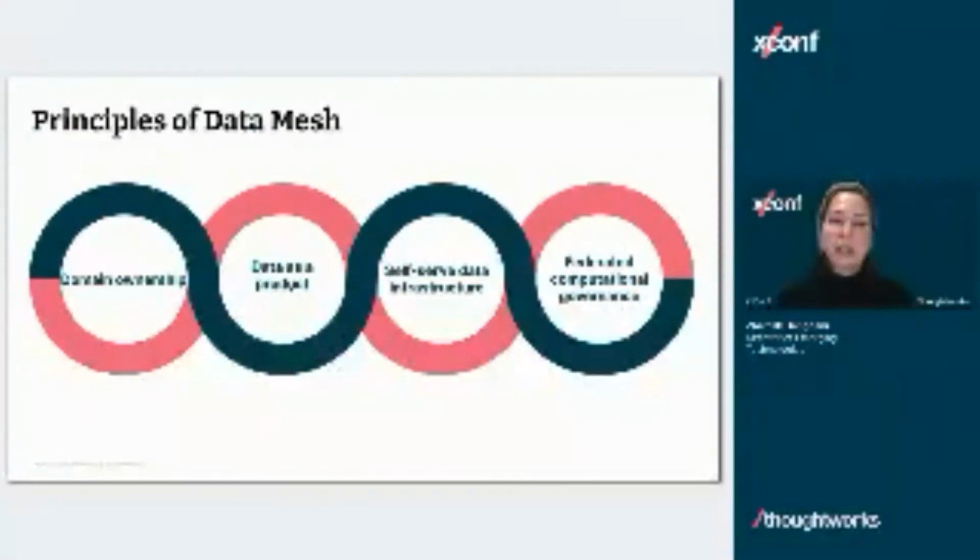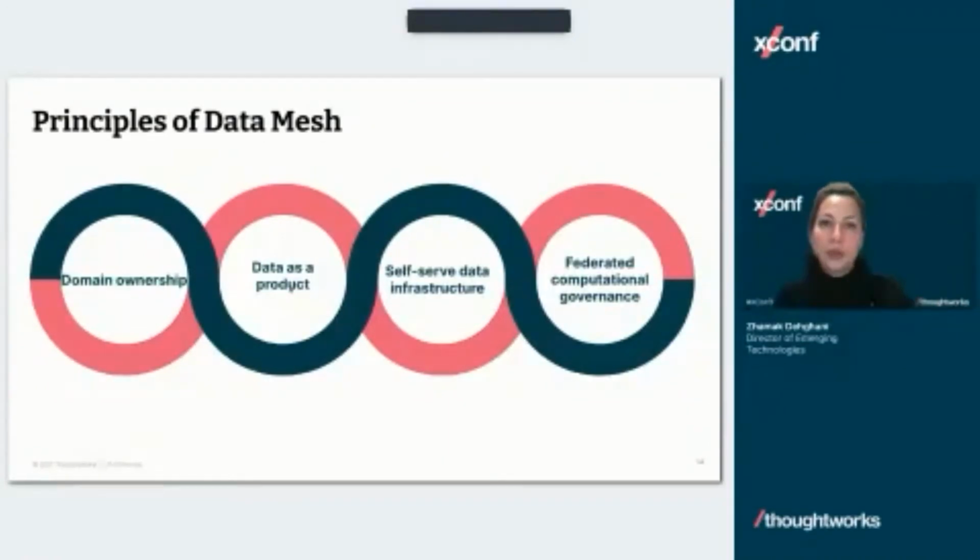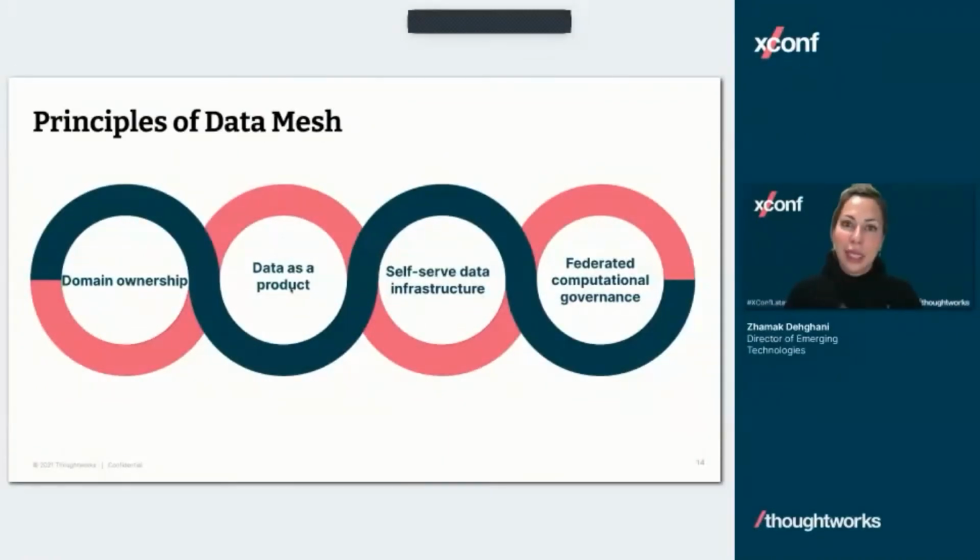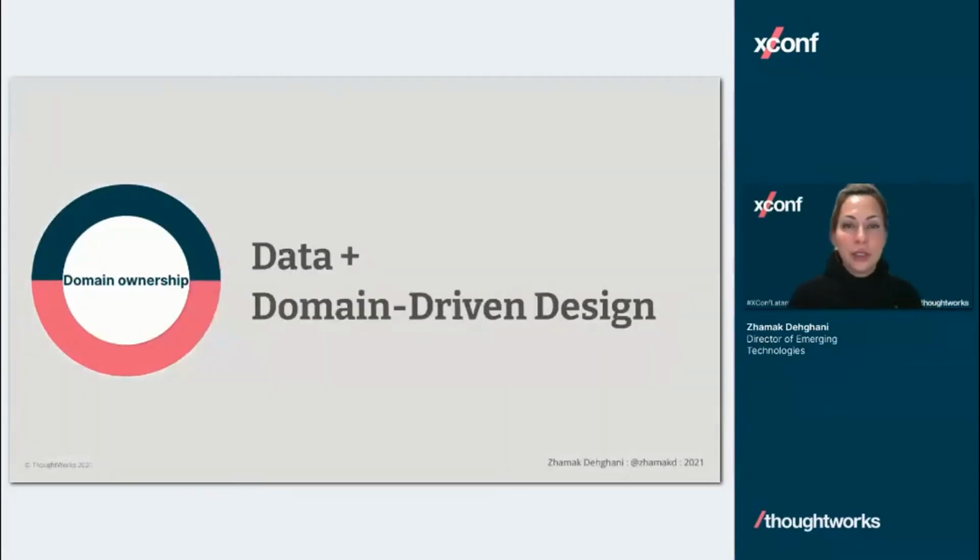And finally, we need a model of governance that doesn't need to sit in the middle of every data processing value stream and try to stamp and validate every piece of data through manual policy enforcement. We still need to have those policies and enforce them, but in a more federated and more automated, computational way. So I'm going to go quickly through each of these and describe a little of what sits behind it and how it gets implemented.